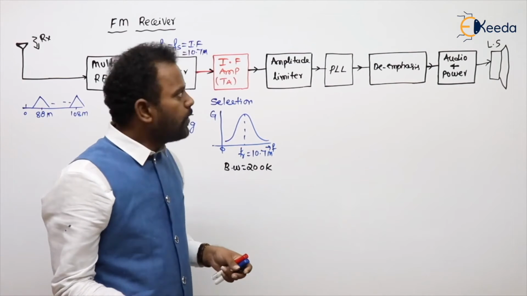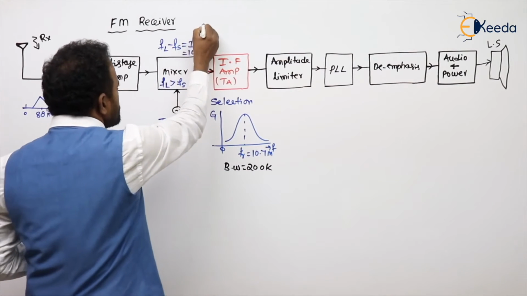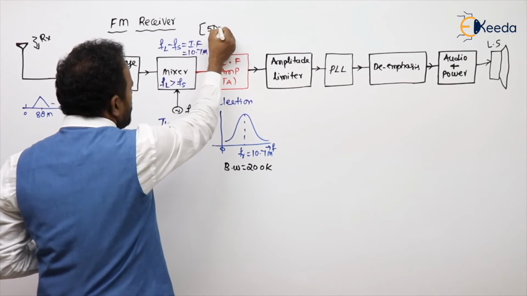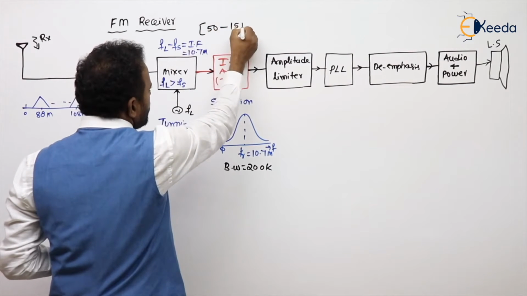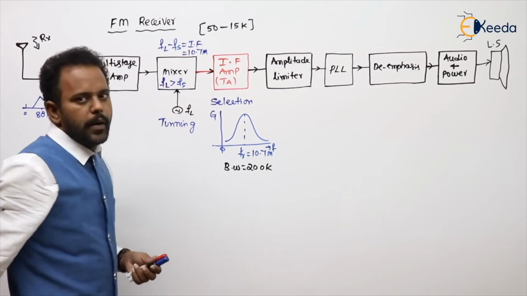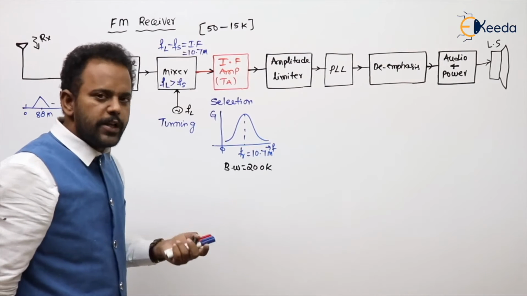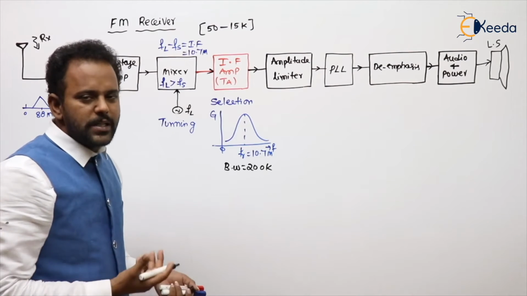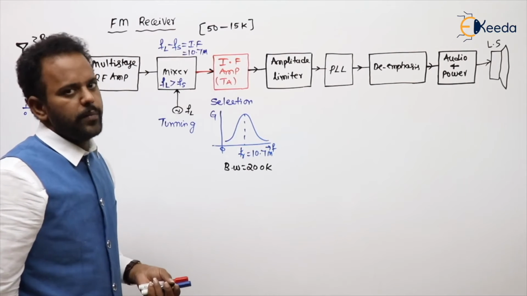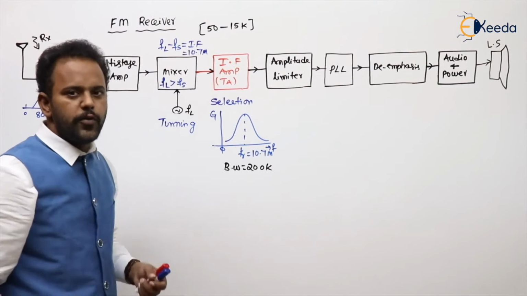In FM radio, the audio signal is transmitted from 50 Hz to 15 kHz. In AM, the maximum is itself 5 kHz. In AM, these concepts are not needed, but in FM they are needed. Why? Because practically, if you see